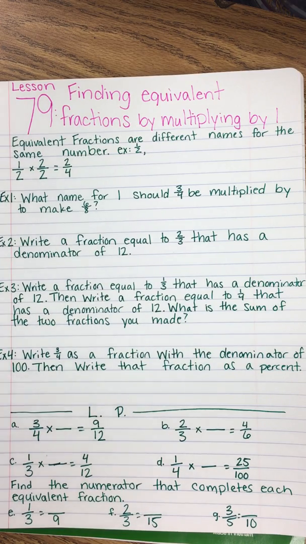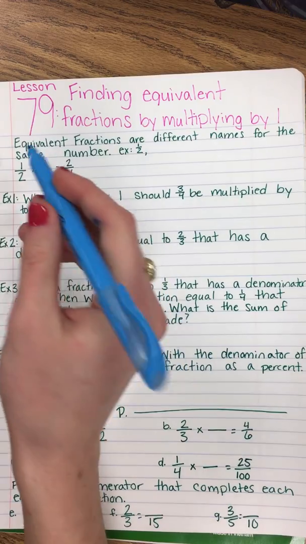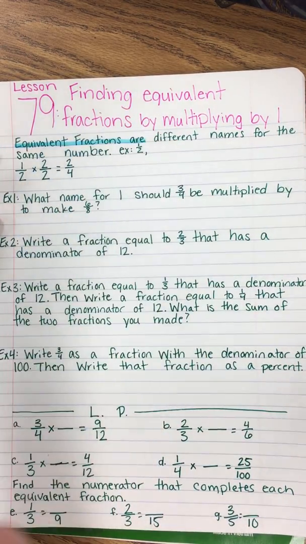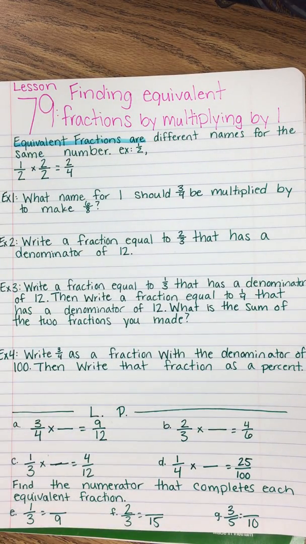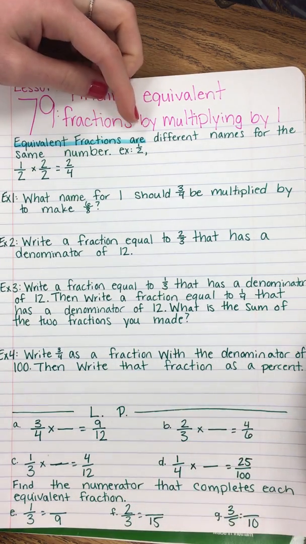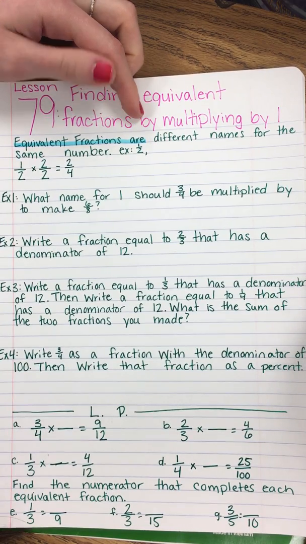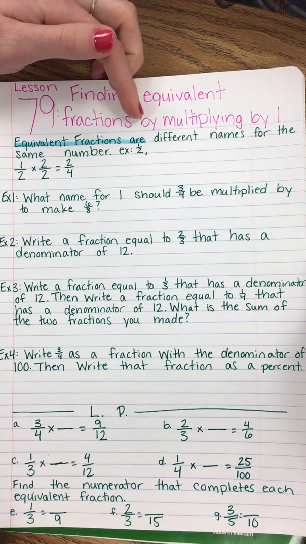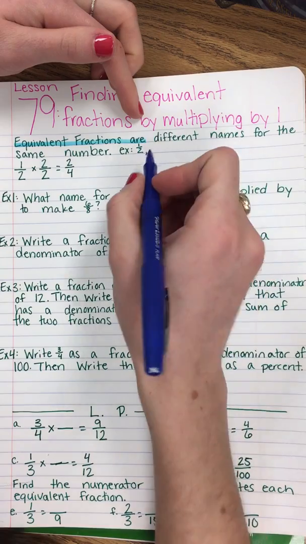Lesson 79. Finding equivalent fractions by multiplying by 1. So, at the top we have equivalent fractions, the definitions. Equivalent fractions are different names for the same number. For example, we have 1/2. So equivalent fractions are other fractions that are equal to 1/2, like